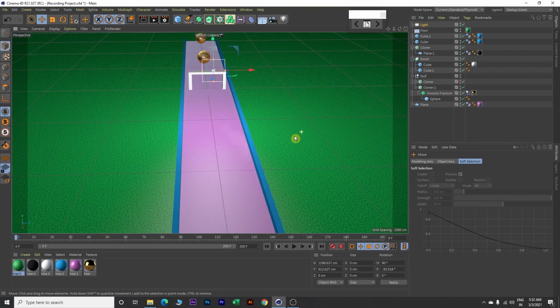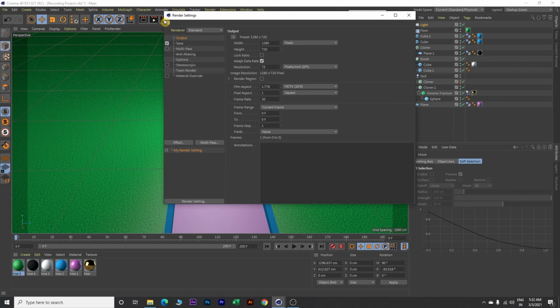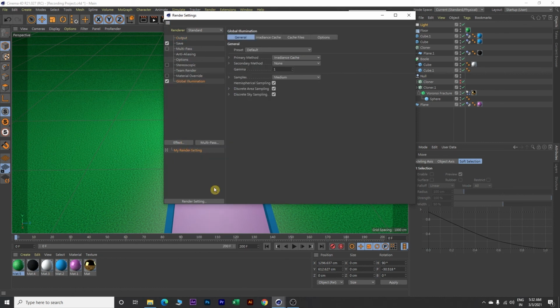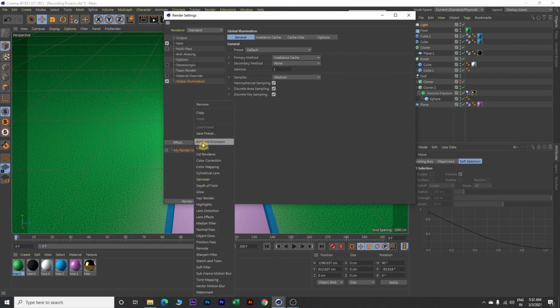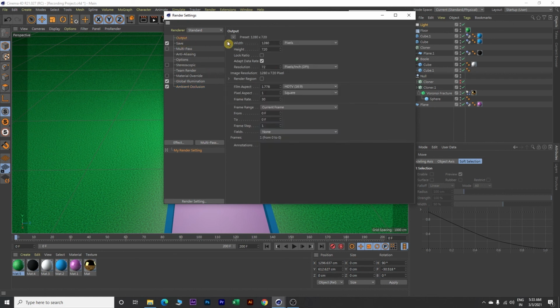Next we will do a render settings. So click on render setting, go to effect and select global illumination. Again go to effect and select ambient occlusion, and over here go to accuracy and make it 100%. Enter, and on maximum samples make it 128 and enter, and then go to output and over here click on